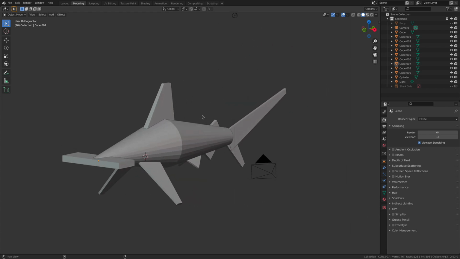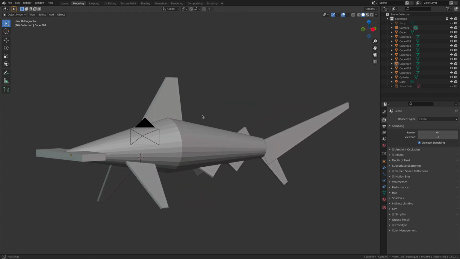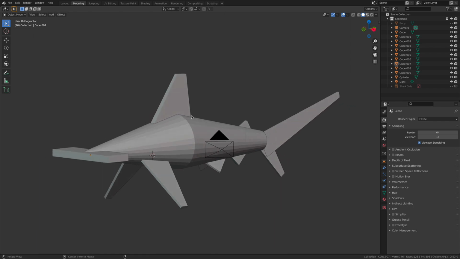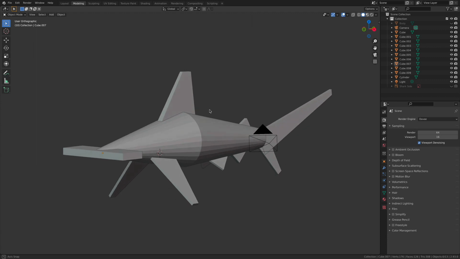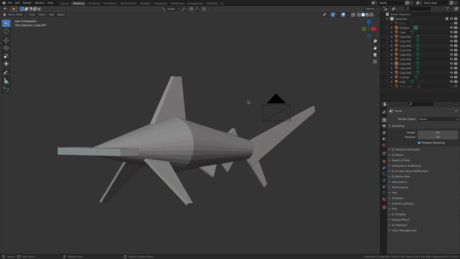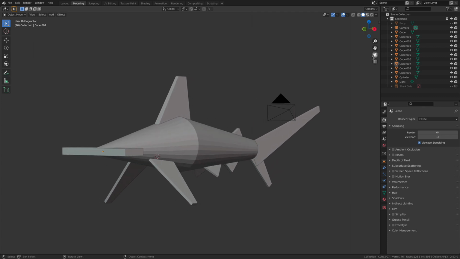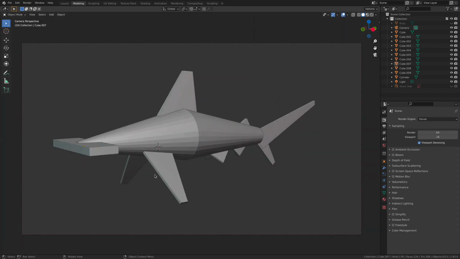Now, rendering images inside of Blender is really, really easy. And the first thing that we need to do is ensure that we're setting up the boundaries of our camera composition correctly. So we need to look through the viewfinder of our render camera so that we can start seeing and positioning that camera to make a really cool picture. And we do that by this little camera icon inside of our viewport. There we go. So now we're looking through the camera, the render camera, for our three-dimensional scene. And generally speaking, I like its placement, but I want to make some small little tweaks here.